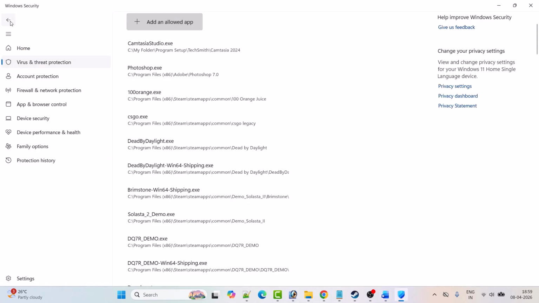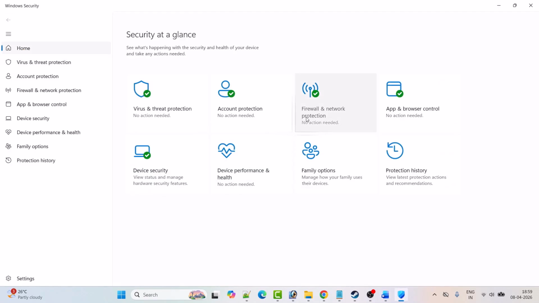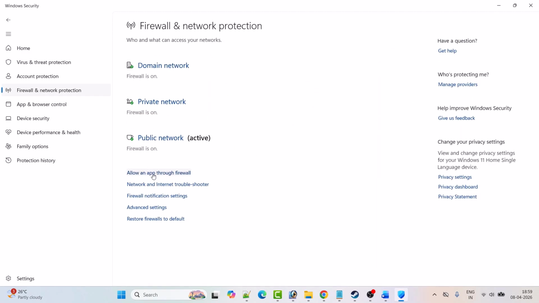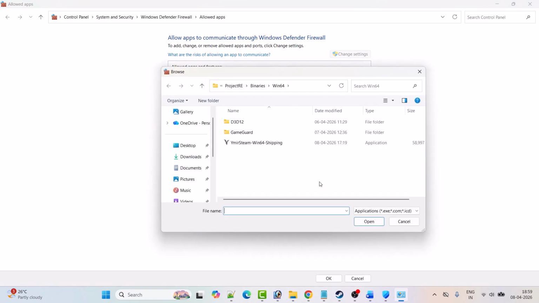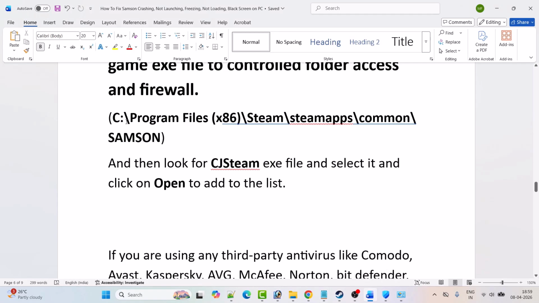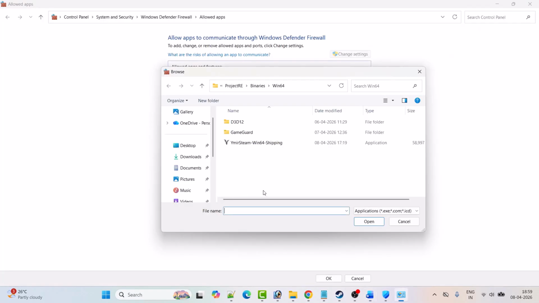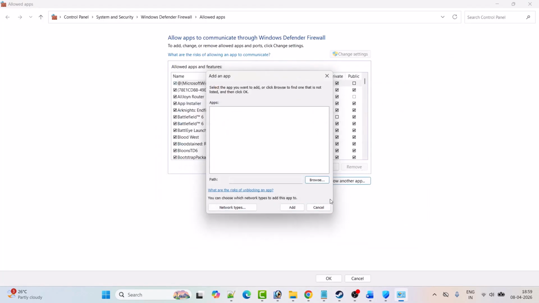After adding to the list, go back, click on firewall and network protection, click on allow an app through firewall, click on change settings, click on allow another app, click on browse, and then again browse to the game installation folder. So again go to C drive, Program Files x86, Steam, steamapps, common, open the Samson game folder, CJ Steam exe file, select it and then click on open and then click on add, and after adding it, look